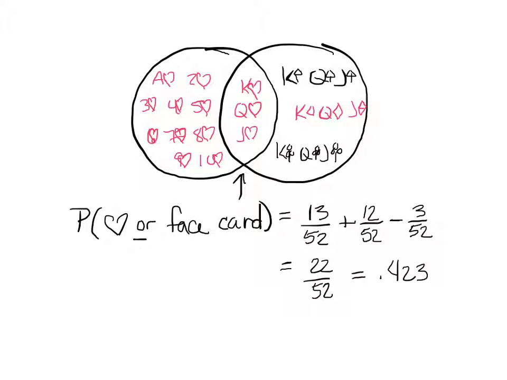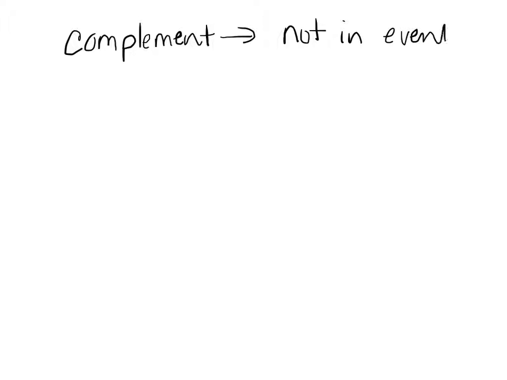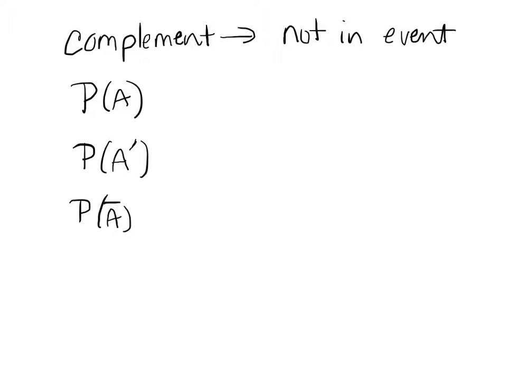All right, one more thing to talk about. We have to talk about complements. Now, complements are not talking about how pretty my hair is today. A complement is spelled this way, so it's not even spelled the same way as compliment. Basically you're saying it's not in the event. So if you know the probability of A, then the probability of A complement, which a lot of times is written with a little tick mark up in the corner, or I've also seen it with a line over the top,